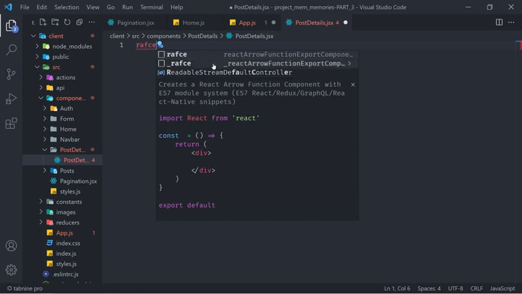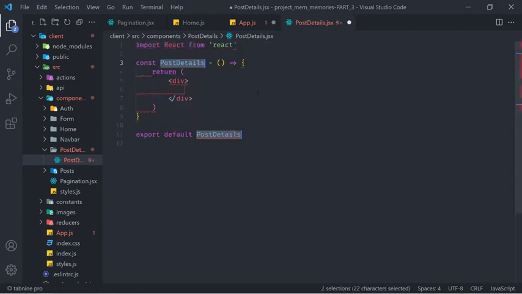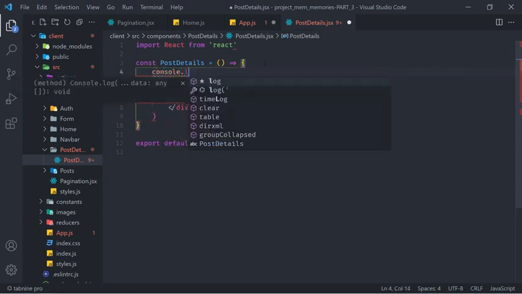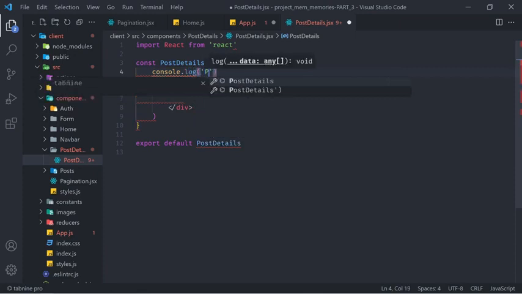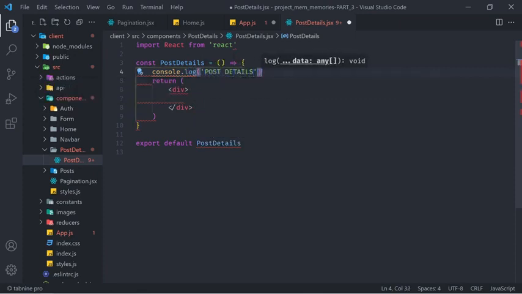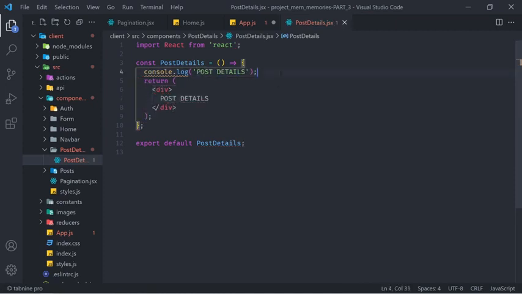We can use the RAFCE. This is the extension for ES7 React Redux snippets, so I'm going to use that, which is simply going to generate a React component for us, but of course you can write this by hand if you want to. For now, in there, we can simply put a console log that's going to say something like post details, and we can also just render a string of post details in the JSX,